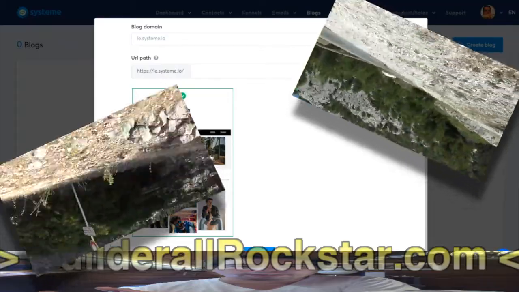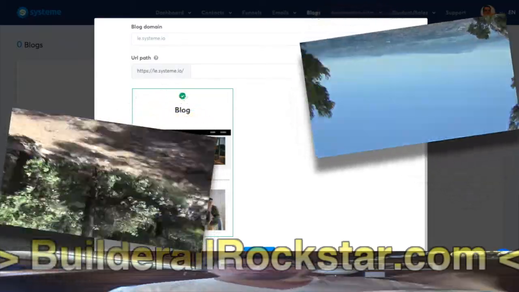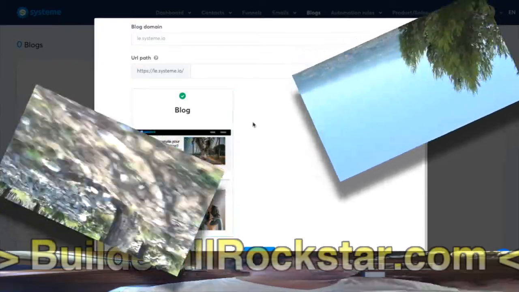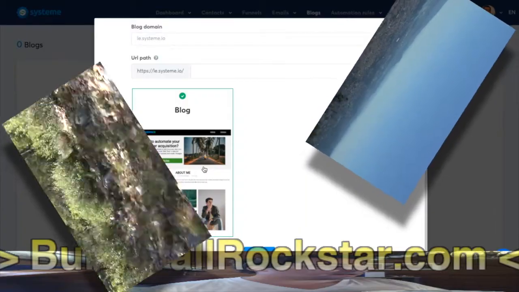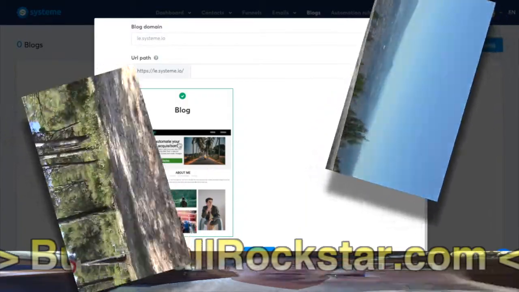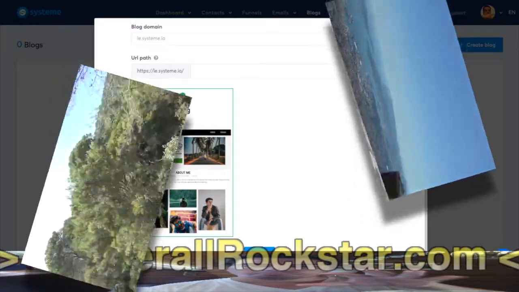It's optimized for SEO. That's the point of a blog. It doesn't need to have a lot of templates. Me, I'm fine with it. You choose this one. It's simple, with logo, menu, and your article displayed as you wish on the page, and that's it. The blog is good.